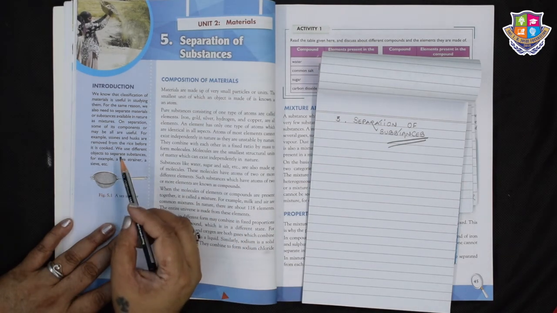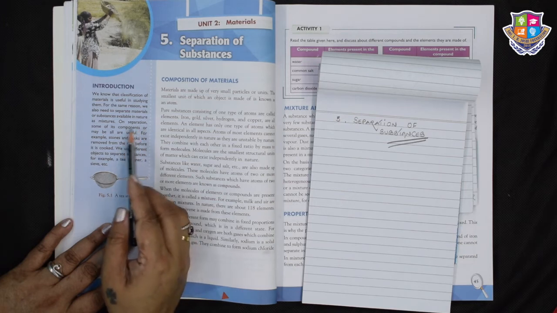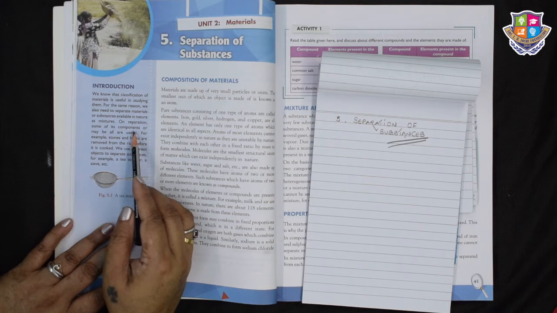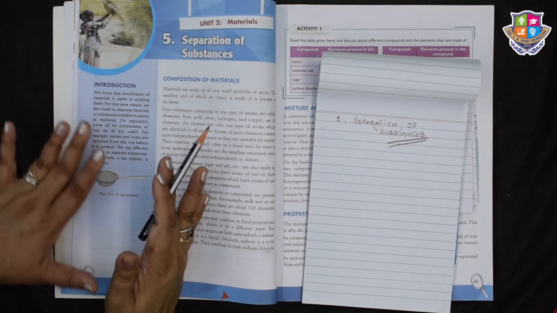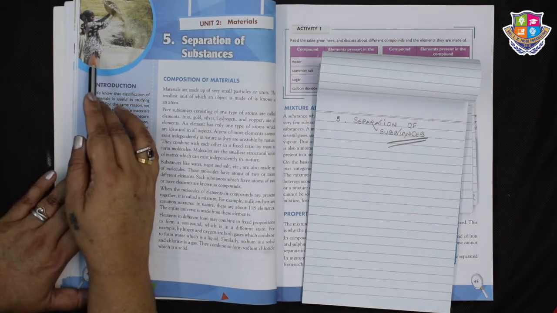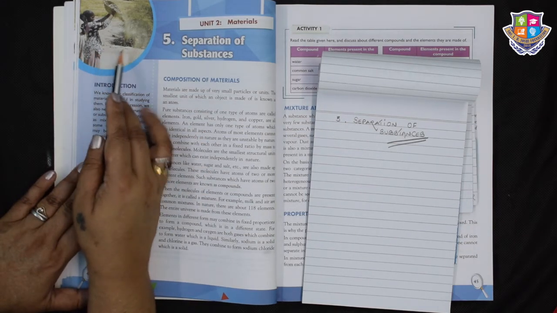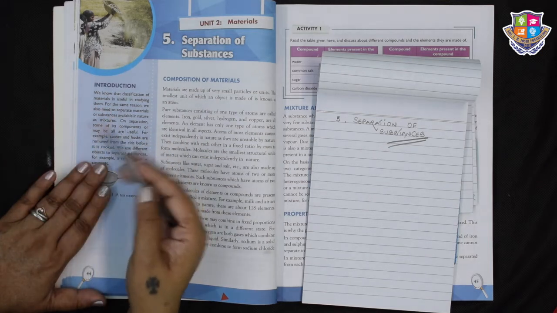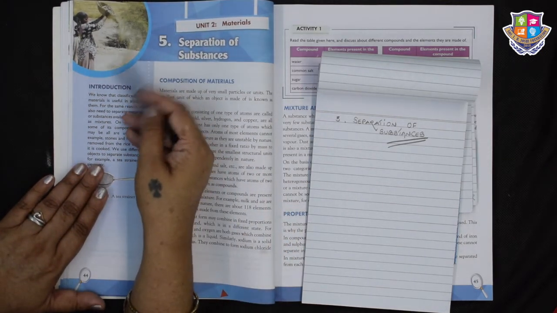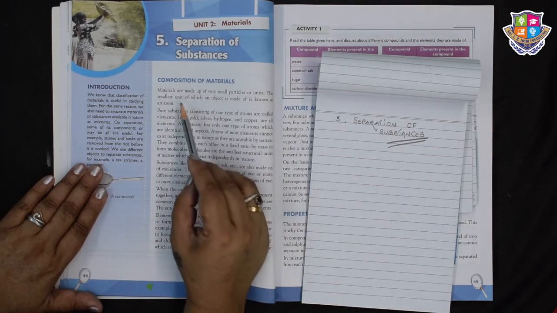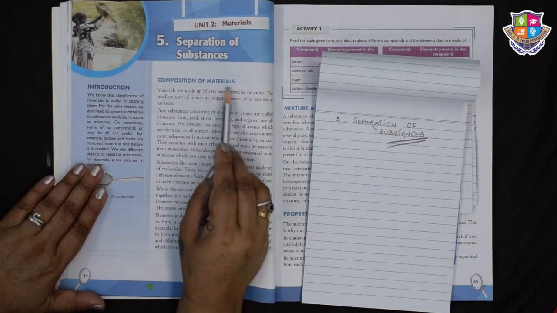So the introduction would be on separation. Some of its components, or maybe all, are useful. That is what you understood. See here, this woman over here is sieving. All right. Now let's see how this is being done. This is a sort of separation of substances. Okay.